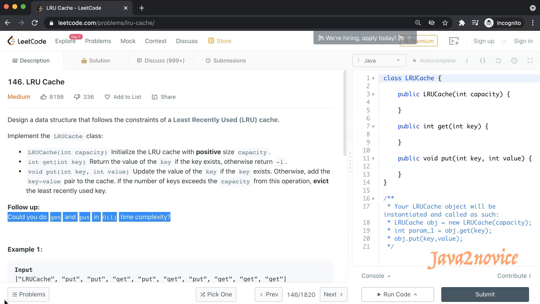Let's design. We need to choose the right data structure to support constant time operations. What do you think? What data structure makes sense in this case? We have already got a clue during our LRU cache introduction session that we need to order elements based on their access time so that we can always evict the last element in the order. I will directly jump into the required data structure without any further delay.